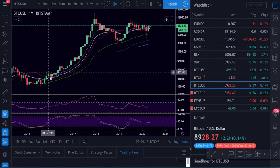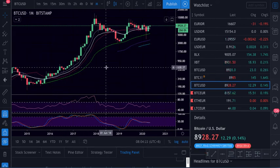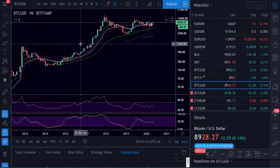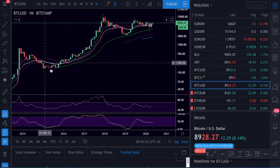So even if we go up, we will come down to test it, and then who knows where we can go. Or this can be just a fake out. Who knows? It's quite possible too. So